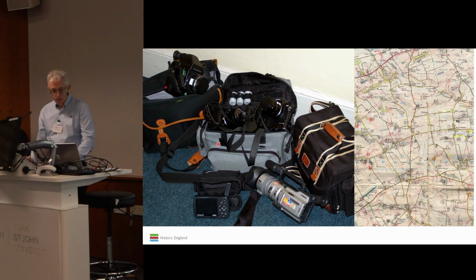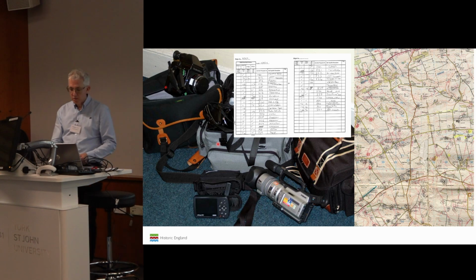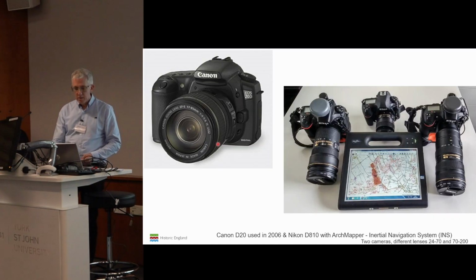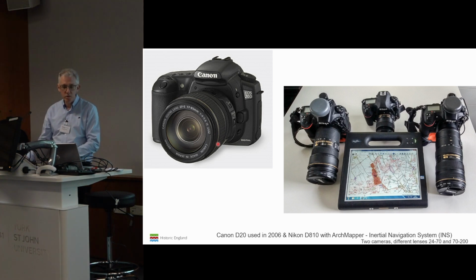We also kept a record of each site that we photographed in this flight report, which was then used to help with cataloguing. In 2006, we switched over to digital completely, starting off with a Canon 20D. Since then, we've updated our cameras with ever-increasing sensor sizes, and here we have a photo of our Nikon D810s,